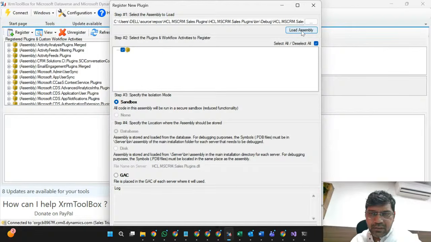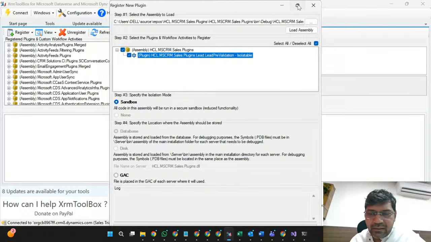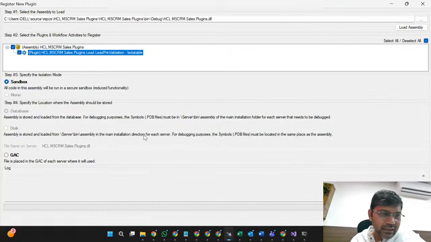Suppose you can see there is a plugin also added here. Now you have seen the power of the access specifier. Right? Okay, let's register this one. Here you have the option, like in sandbox, you are going to register it using register selected plugin.